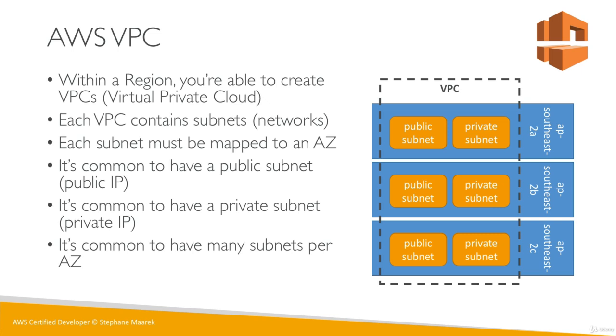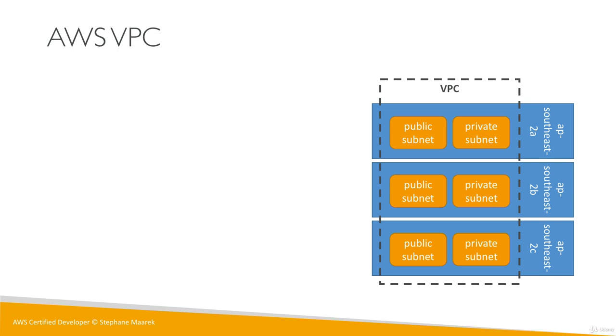So in this case, we have a VPC. It has 6 subnets, 3 public ones, 3 private ones, and each of them is in an AZ. AP Southeast 2A, 2B, and 2C each have 2 subnets. Fairly simple, just remember about it. So remember in our course, basically everything came with a default VPC, and there were 3 default subnets available for us.